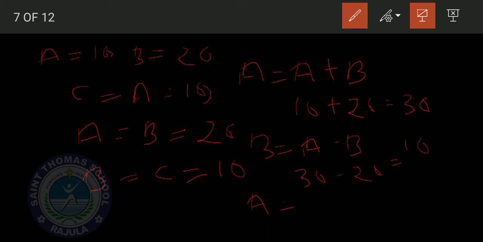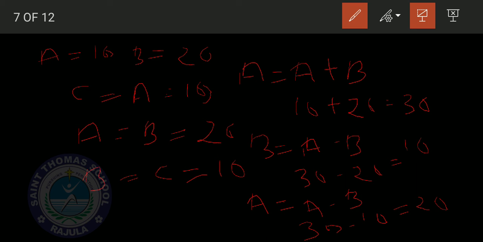Next, A is equal to A minus B. Now A value is 30, B value is 10, so A value is 20. Like this it will work. Here we have done the swapping operation.